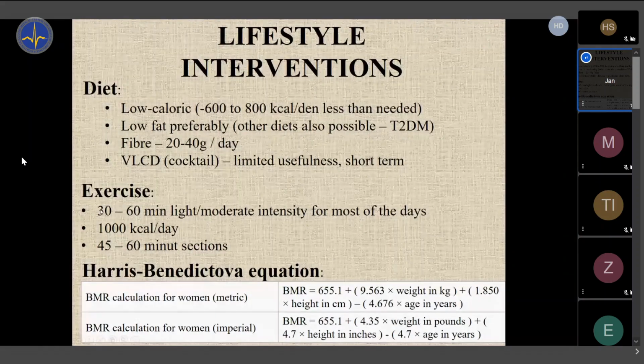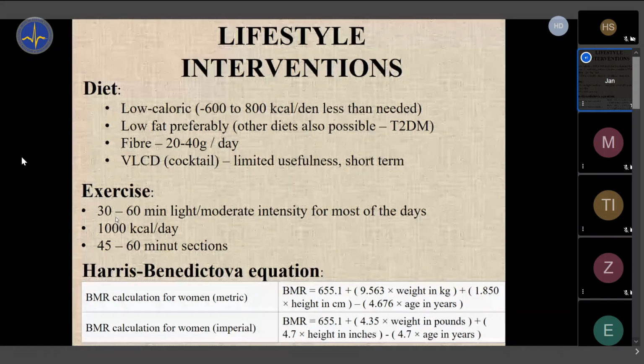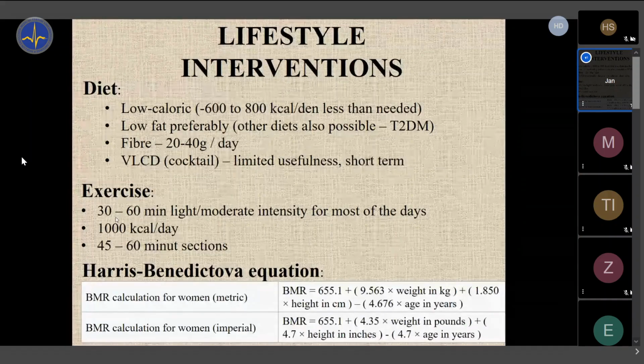So the exercise session needs to be at least 45 to 60 minutes of light intensity. It's more about the duration than the intensity because it takes time. It takes time for the catecholamines to inform adipose tissue. They should activate hormone sensitive lipase, and fatty acids need to be released. It takes time. So we should have at least 45 minutes to 1 hour sessions for exercise.